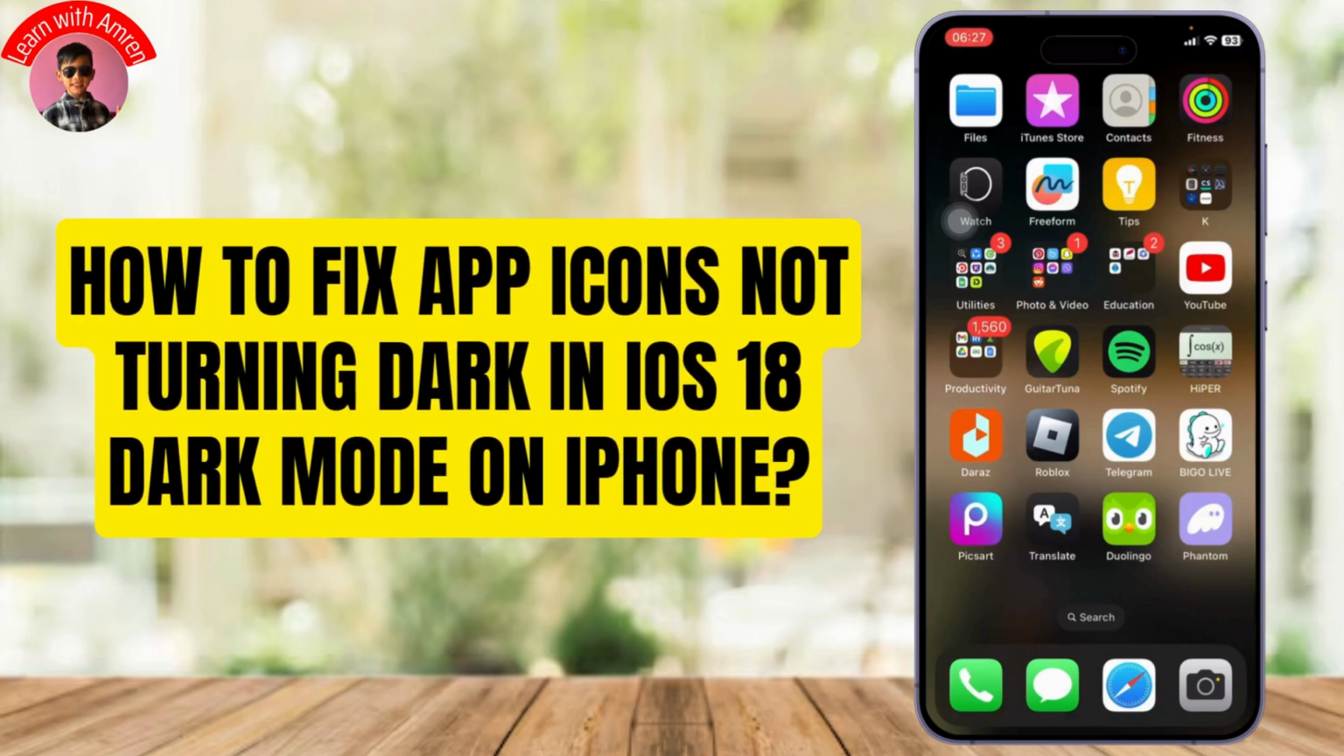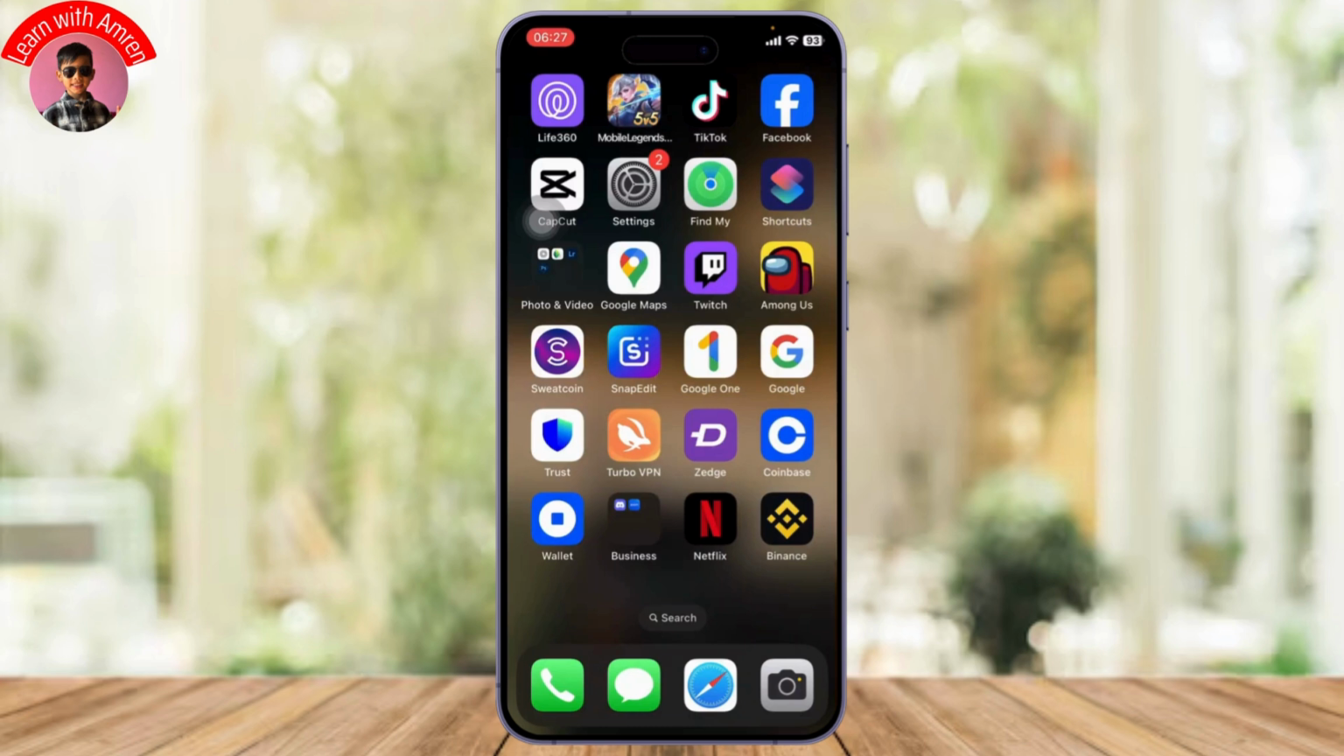How to fix app icons not turning dark in iOS 18 dark mode. So there is a new feature in iOS 18, so I'll teach you guys about that. Now let's get started. So to change all your apps icon to dark, what you need to do is you